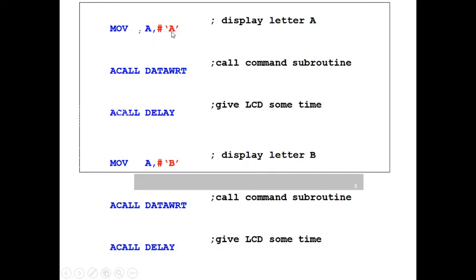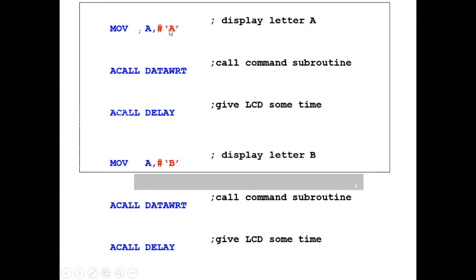You must know the ASCII value of A, but if we don't know the ASCII value of A, in that case just place the letter into single quotes. Whatever ASCII value of A will come into the accumulator, and that's why just write hash and the character in single quotes, whatever character you want to display. For example, if you want to display PCCOE, just write here P, then C, and then next C O E.